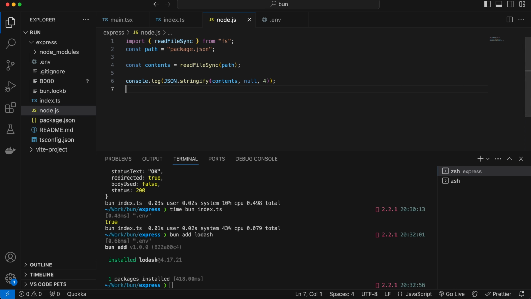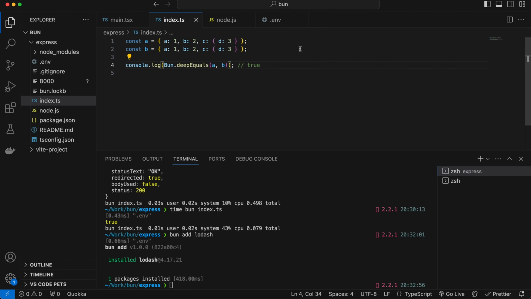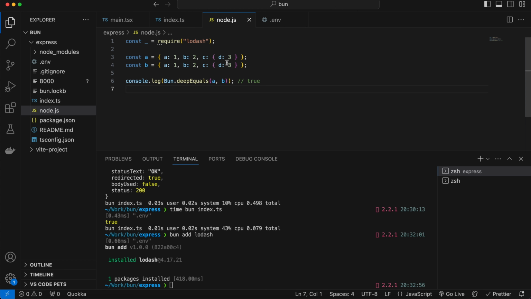and imagine I import it, I also delete it, and then let's copy this code and instead of this bun deep equals, we will use our Lodash isEqual, and let's run it again. This time we want to run node,